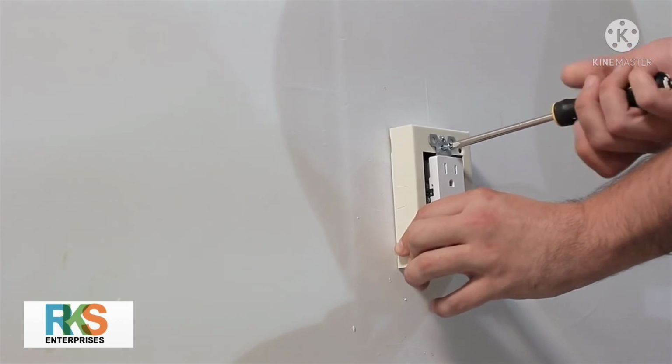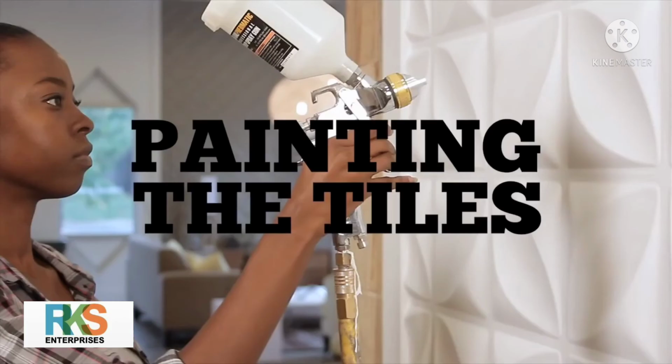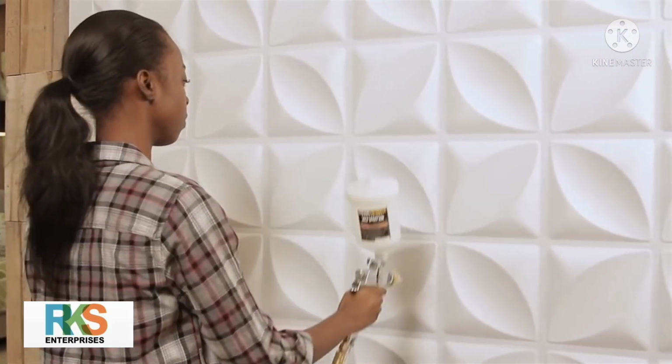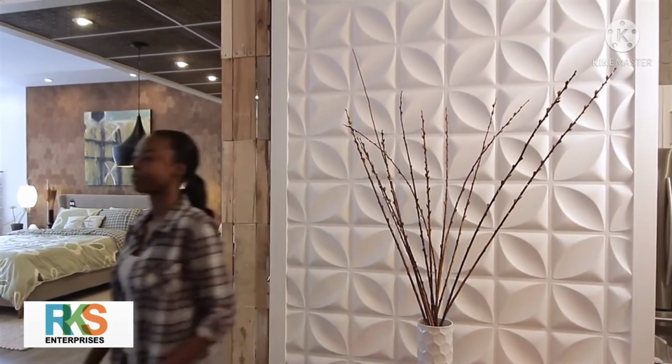Use extension boxes for outlets and switches to bring them out past the wall flats. Cut tiles to fit the box opening and finish caulk around the edges for a smooth transition. Painting the tiles. Once satisfied with the finishing work, make sure the surface is free of dust and apply final primer and paint coat. For a written version of the instructions, visit